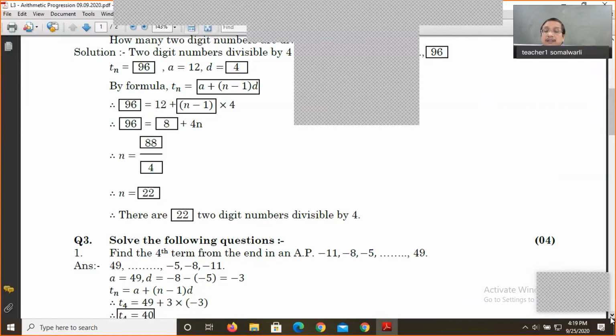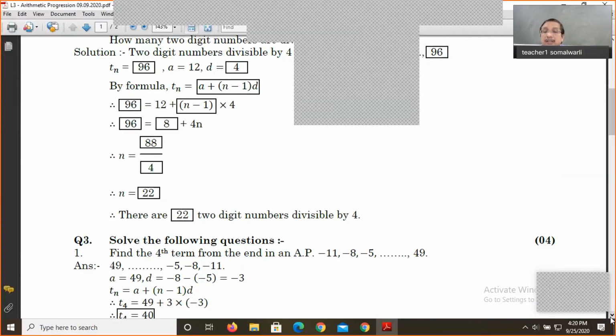First, find the value of n, then find the value of n minus 4. nth term की वैल्यू निकालो, n की वैल्यू निकालो, n जो भी आएगा उसमें से 4 माइनस कर दो, है ना, और फिर उससे कैलकुलेट हो जाएगा. But it is somewhat difficult and tedious and a long journey. And as the number of steps increases, definitely the chances of having mistakes also increase. So a better option: if we can write this AP in reverse order, let's write it.